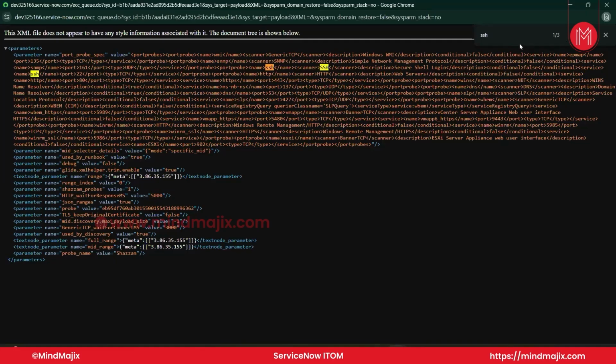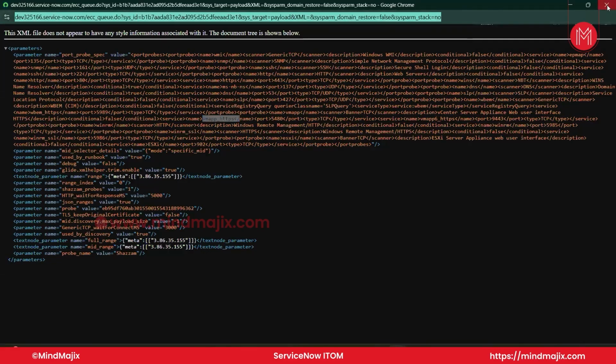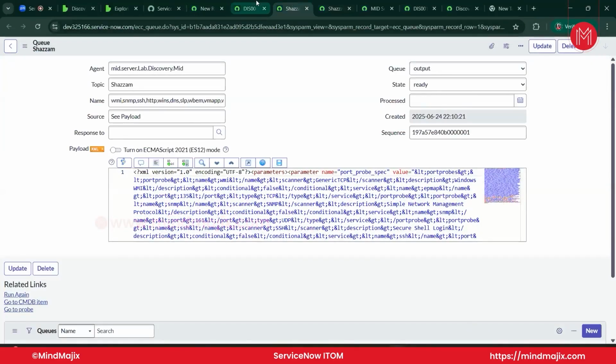Now you can see all the ports: SSH, WMI, SNMP, WinRM, and VMAP. VMAP is a port which we use for VMware discovery. So you can see a bunch of ports which are required. It will trigger that information in the sensor phase. So coming back to the scan,